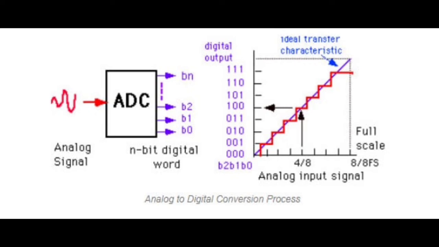Assume that a 1 volt signal has to be converted to digital by using a 3-bit ADC as shown below. Therefore, a total of 2 to the power of 3, equals 8 divisions, are available for producing the 1 volt output. This results in 1 over 8 equals 0.125 volt, called the minimum change or quantization level, represented for each division as 000 for 0 volt, 001 for 0.125, and likewise up to